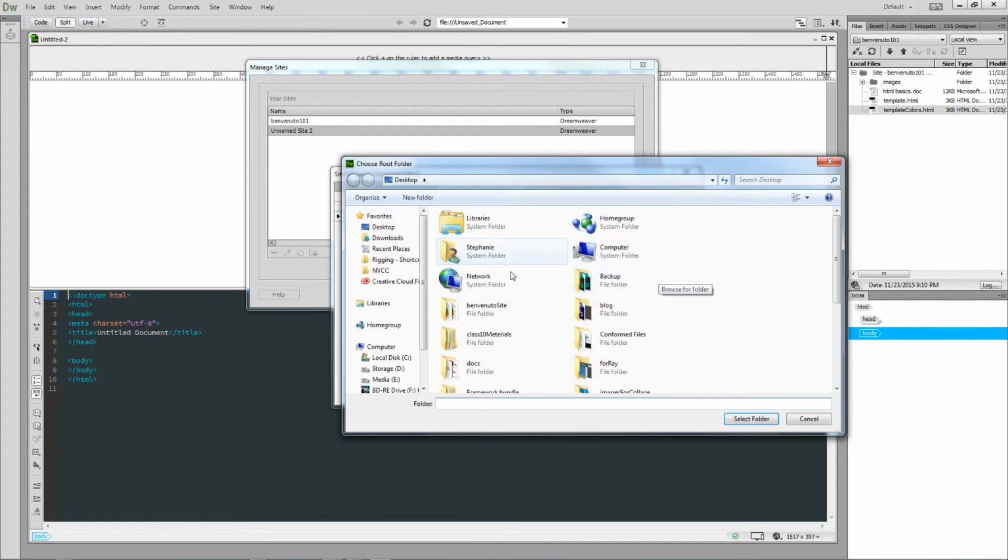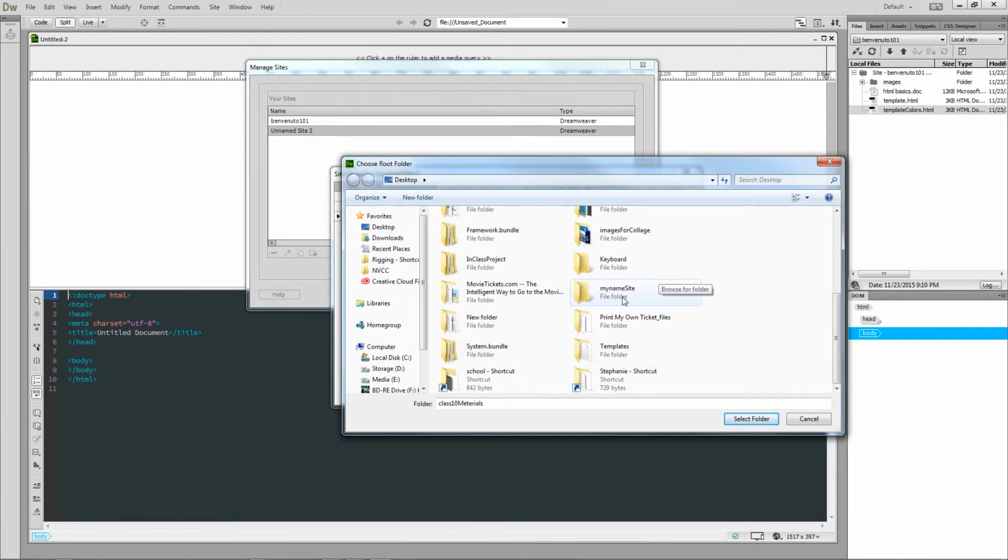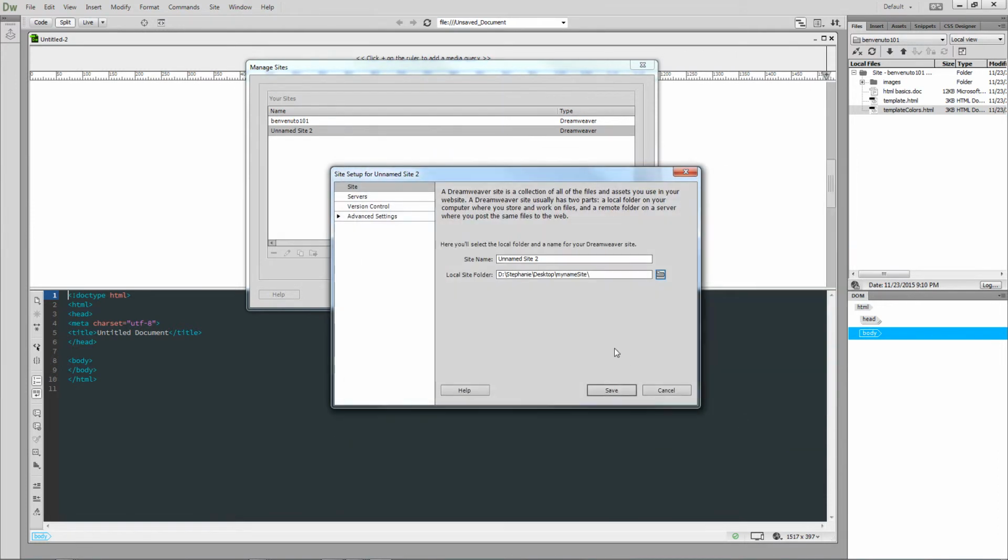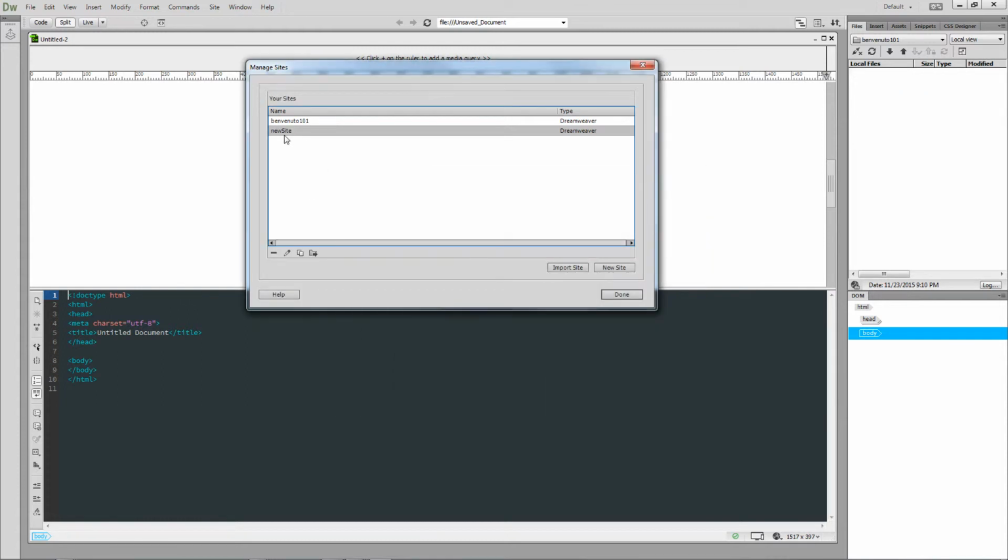And you have to choose a folder. I'm going to find the one that says My Name. Here we go. So I select that folder. And I'll call it, I don't know what I'll call it, New Site. That's a terrible name. Hit save, and it's going to show up in the Your Sites list. And then when you say done,